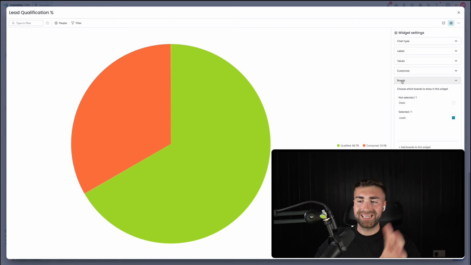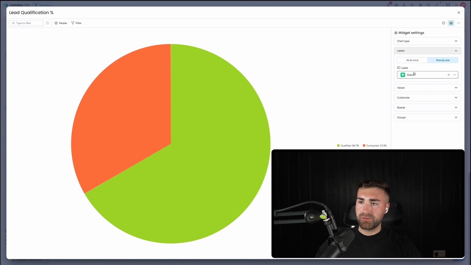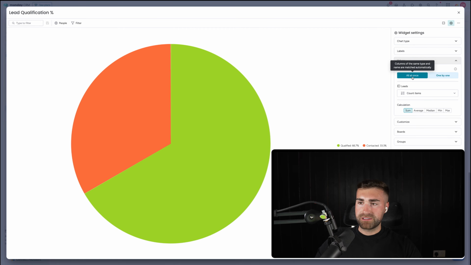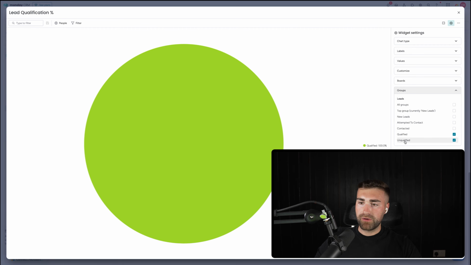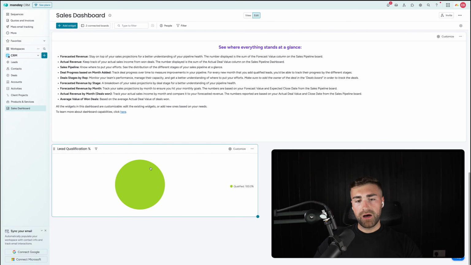I don't want to pull deal data into my lead widget. And then the label is going to be the status. The value is 1 by 1. The count of items, which is exactly what I want. And then the grouping is I just want to see the difference between the leads that are qualified and unqualified. So what this is showing me is 100% of our leads go through qualification, and we've never had an unqualified